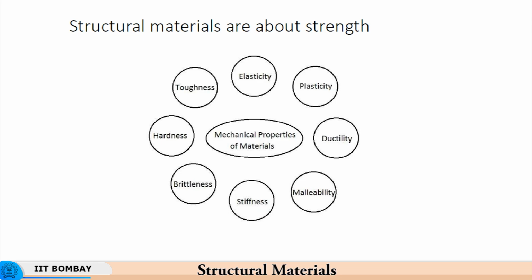Toughness is related with ductility and strength both, because it is the energy that is required for permanently deforming a particular material. So, if you have a material which is extremely ductile and it can be deformed very easily, then it is not tough because it does not absorb sufficiently large energy, that is because it does not have sufficiently large